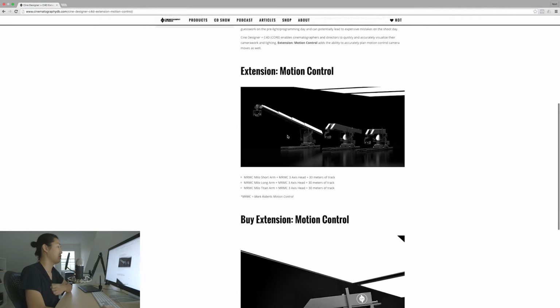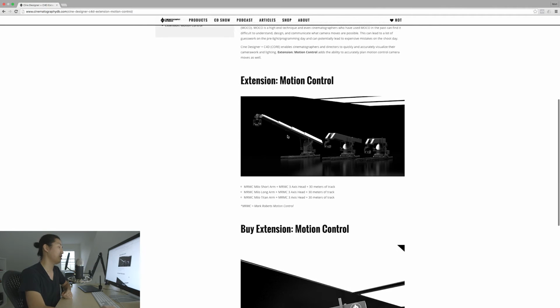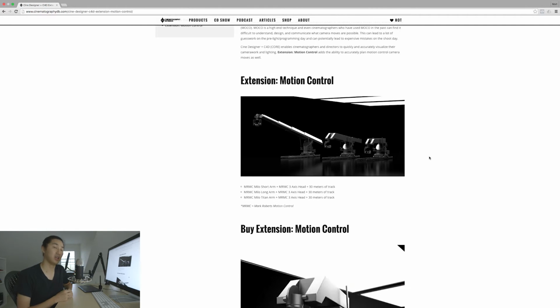And this is the page for it, and it's essentially going to be, for now, 3 of the Mark Roberts motion control cranes, the Milo specifically. So the Milo short arm, the long arm, and the Titan. And I know not every cinematographer needs these models, but I'll say that when you get to the point where you're